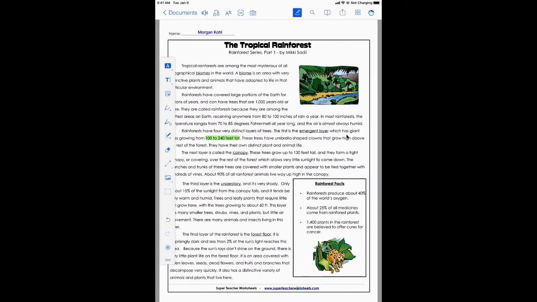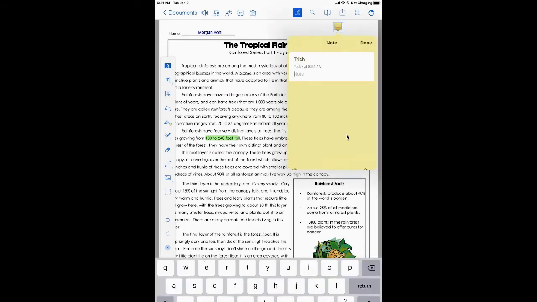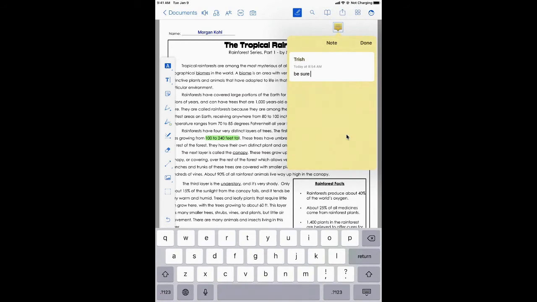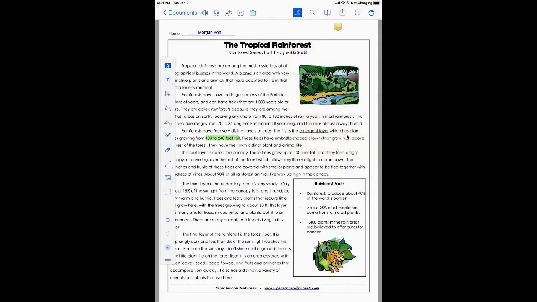Awesome. So looking at our next option, it is going to be our note. If we wanted to add a note or a comment to this PDF, we can. So I'm just going to click on that there. And if I wanted to put a note up here, like if I want to say, be sure to read and look at questions to best answer below. Awesome. Once I click out of that, I now have that note for a future reminder to myself.